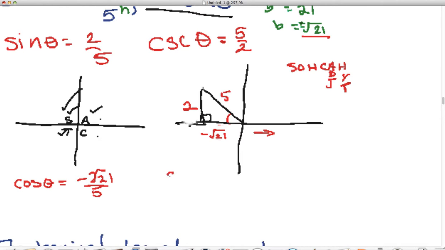So then secant theta would be its reciprocal, negative 5 over root 21, multiplied by root 21 over root 21, and you're going to get